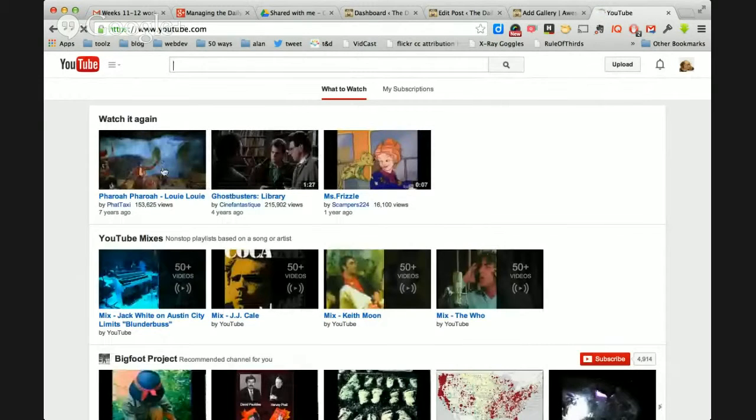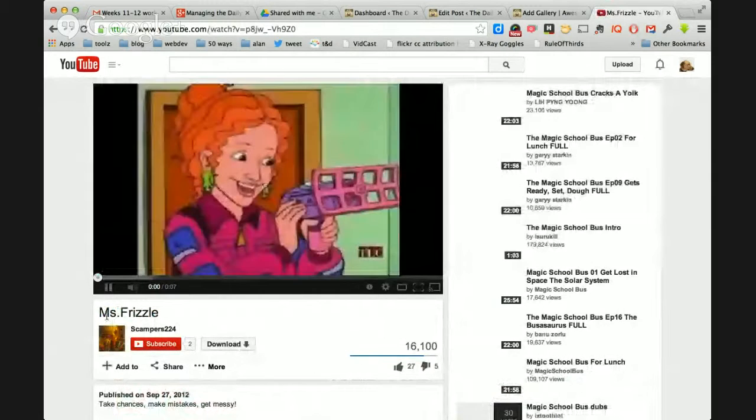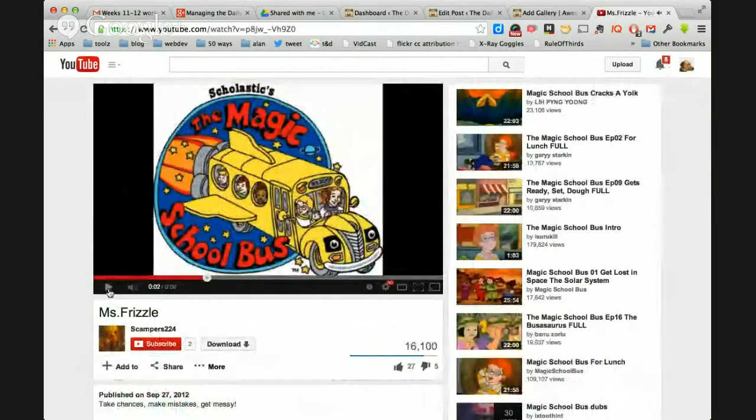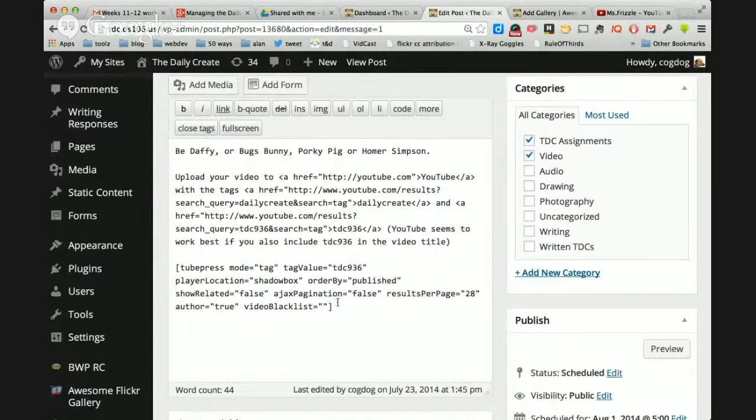So if for some reason someone put Mr. Frizzle in the mix, which is actually a great video, all you need to do is copy this part, which is the code ID. Then go back here and put in the video blacklist, any one of these separated by commas, and it will restrict those videos from showing up in the gallery. So that's just a little gem of a bit.